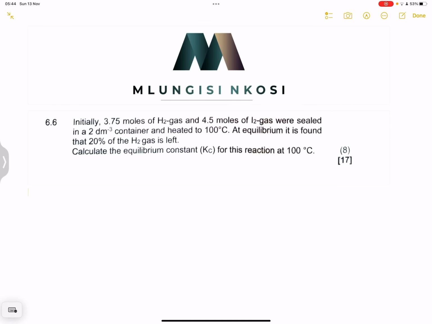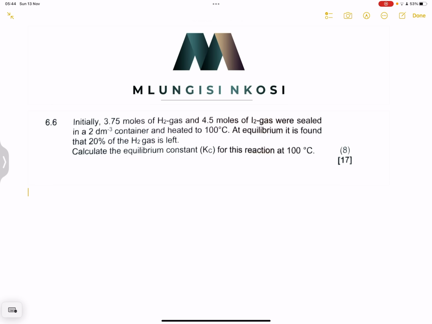So I interrupt your day just to look at this question because I've been getting quite a number of inquiries on how to really look at questions that have to do with percentage. So I'm just going to go right into it and do the Kc question. Right, so I've taken it from the Limpopo question paper,